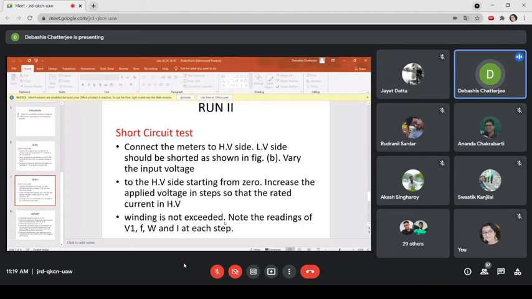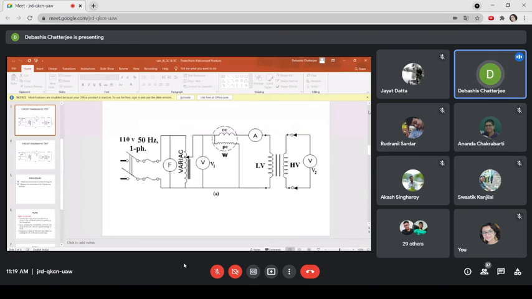Now it is the report. So this is the test. I have two questions for you. You see these are the tests: one is the open circuit test, one is the short circuit test. Now, what does the wattmeter read under the open circuit test? Why does the wattmeter read a value of power during the open circuit test? Can you just tell us?